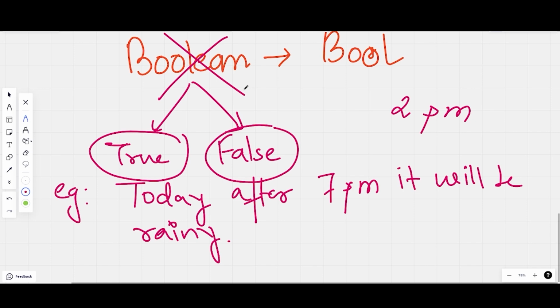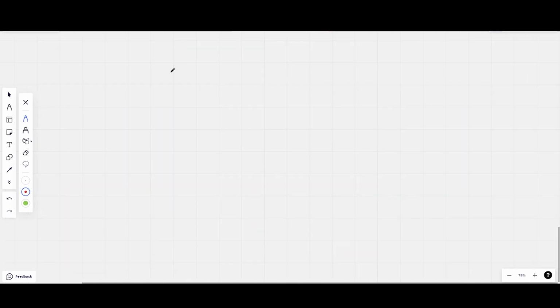Statements which can be true are, for example, if you're in grade 10 right now, or in grade 8 right now, you can say that after 1 year, I will be in grade 9. So this is always going to be true. Let's say one more statement is that I will take the umbrella if it is rainy or if it is very sunny. So that statement also will be true. Those statements will come under the Boolean section.